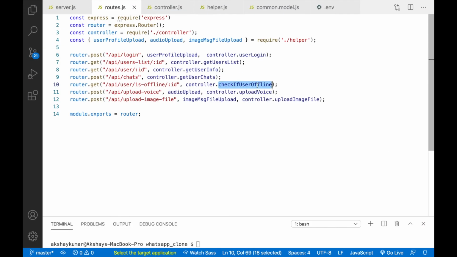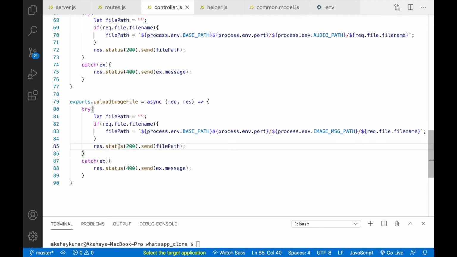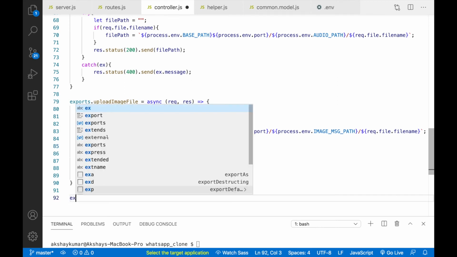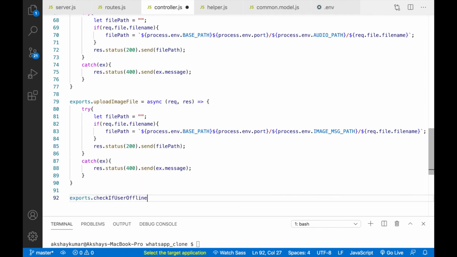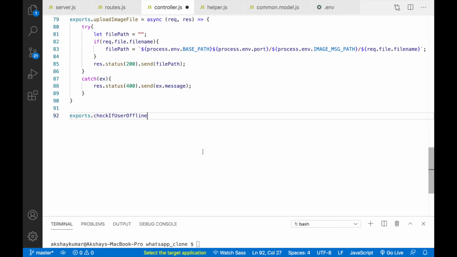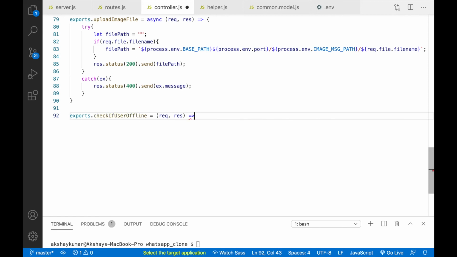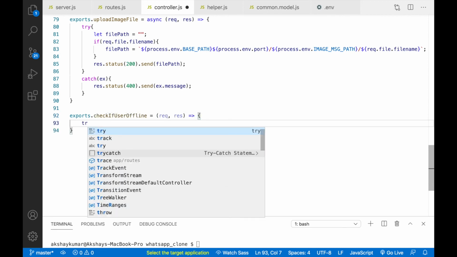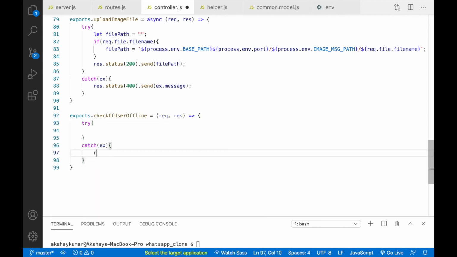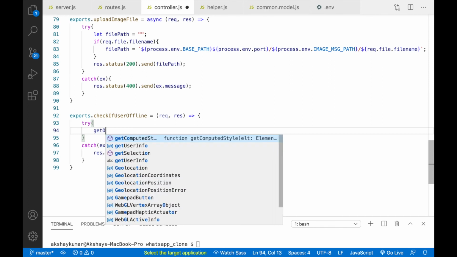We'll write this function, check if user offline. Okay, and here we'll write exports.checkIfUserOffline equals request, response. We'll write a try catch block, and here simply we'll write res.status(400).send(exception.message), and here we'll call getOfflineUserInfo.